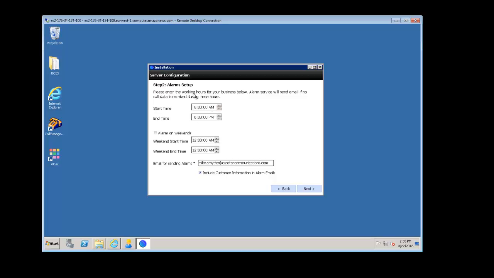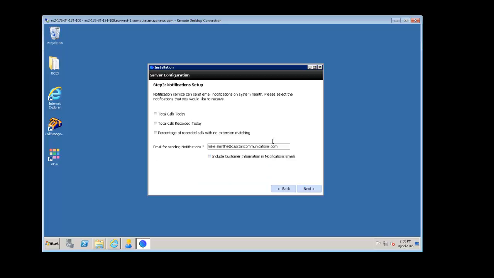So if you run through the installation, put your email address in here or your technical support desk's email in there. If this customer site has a problem or disconnects from the IPEX for any reason, you'll actually get an email notifying you. You can also set up some other notifications such as how many calls have occurred today, how